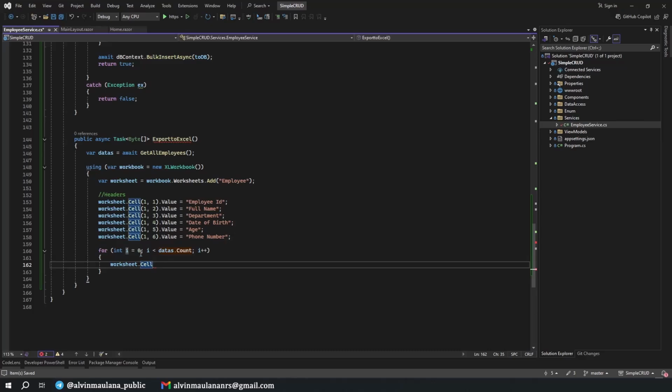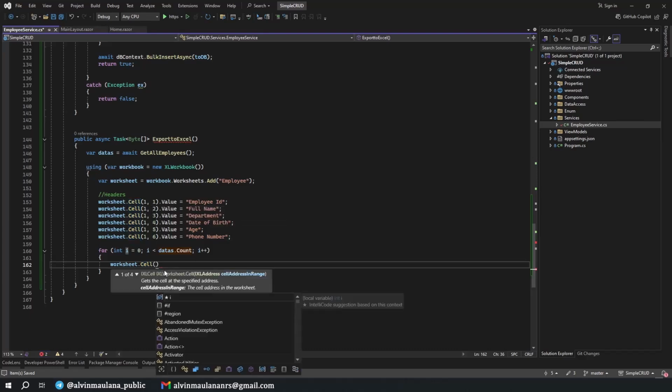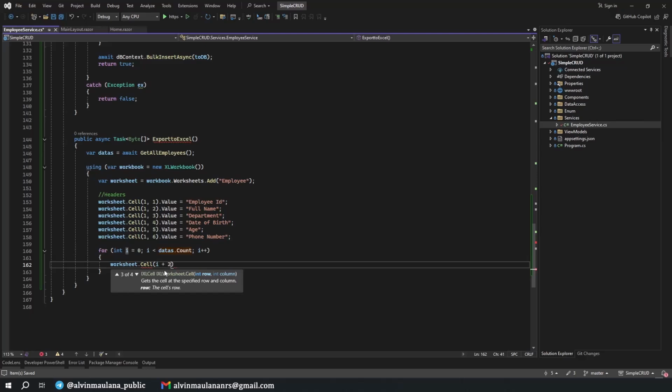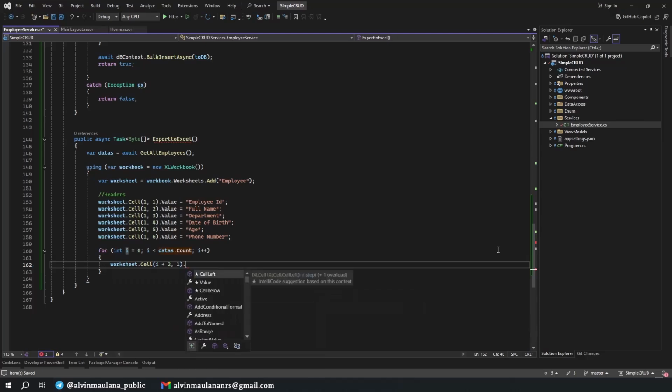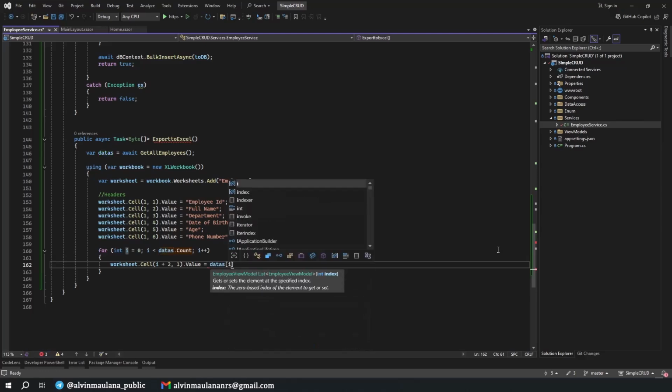So this one is 0, and then we want to insert to row number 2, so we can just have i plus 2, it means 0 plus 2, and then the column is still 1, and this one should be datas i